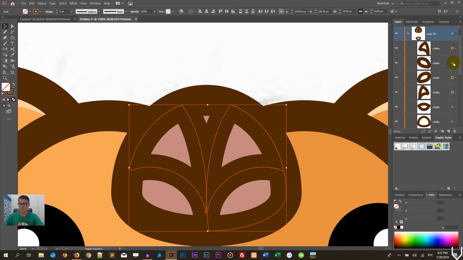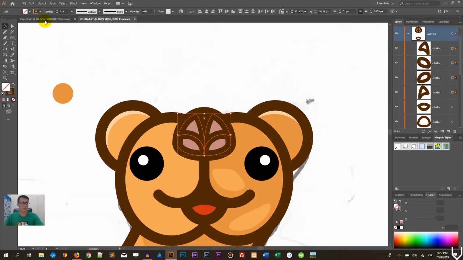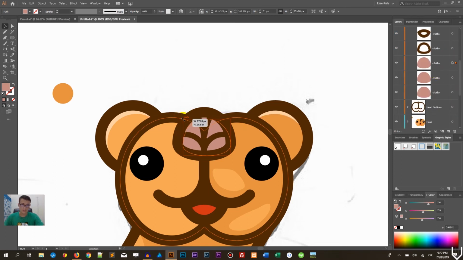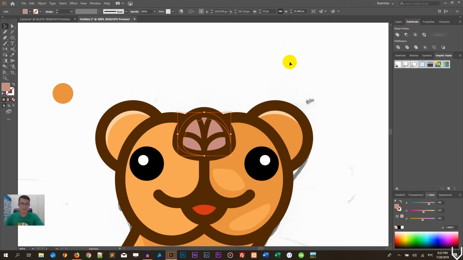Now I want to narrow the stroke weight, because I don't like this arrangement at all. Let's narrow it here. And I want to again Ctrl C, Ctrl F, then Ctrl C, Ctrl F again. So we created two duplicates. As you can see, we are working with the two duplicates. I want to again reduce the size of the first duplicate, and then select both of them and go to the Pathfinder, Front. As you can see here, I have this lunar shape, and I want to select first this